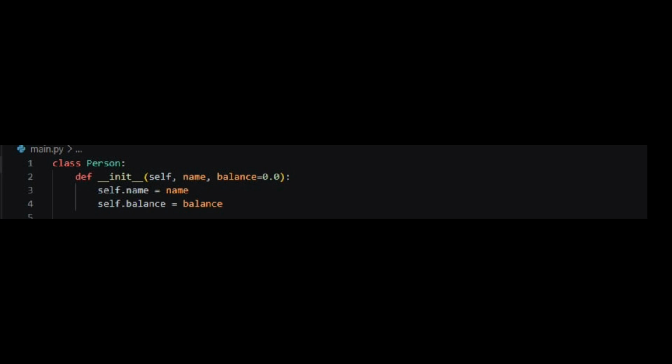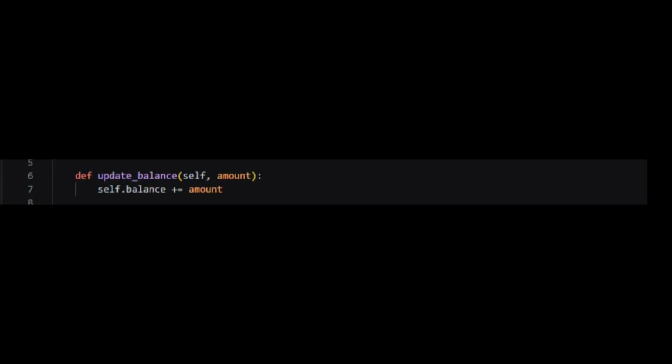If the balance is positive, it means the person should receive money. If the balance is negative, it means the person owes money. This method is called update balance. Its purpose is to modify the current balance of a person whenever an expense is added or settled. The method simply adds the given amount to the existing balance.